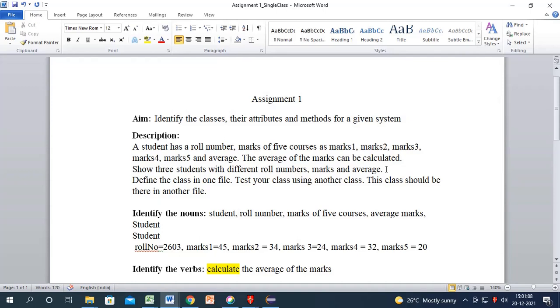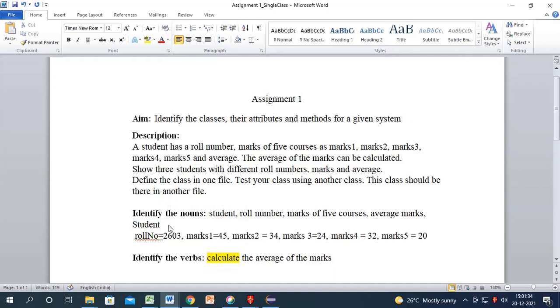Then marks, every student might have different marks or 2 students might have the same marks. That's possible, but the roll number should be different, and the average. So the nouns identified are student, the roll number, marks of 5 courses, average marks, and that's it.